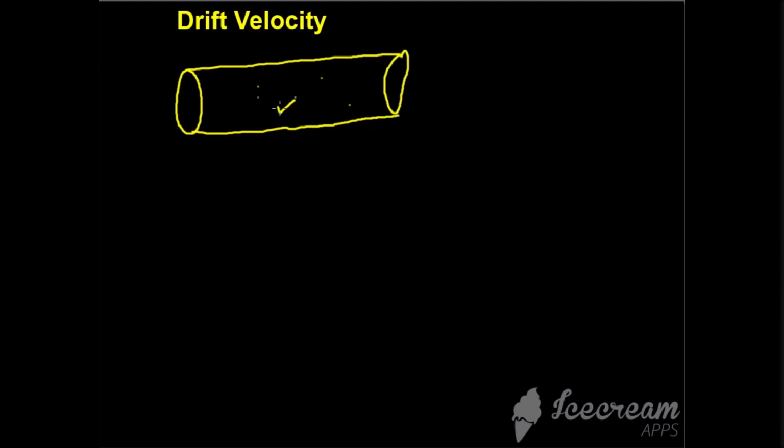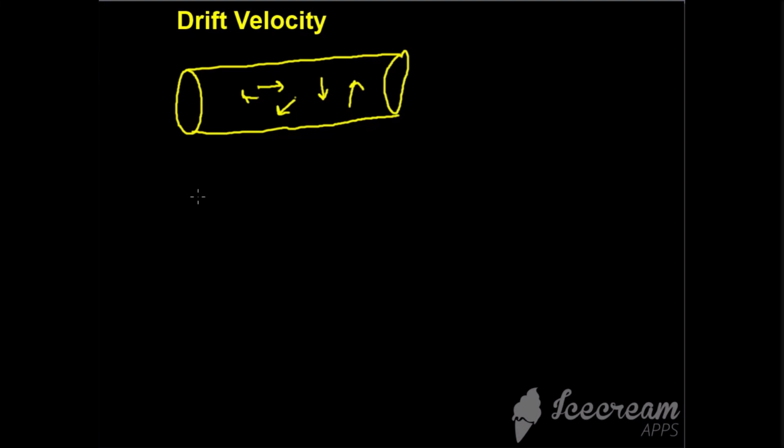Like this electron in this direction, this one in this direction, this one in this direction, this one downward, and this one in this direction. There are a number of electrons, but I draw 4 or 5 electrons. This random motion of electrons does not constitute any kind of current, as there is no electric field.